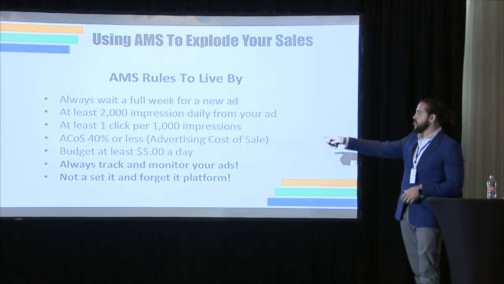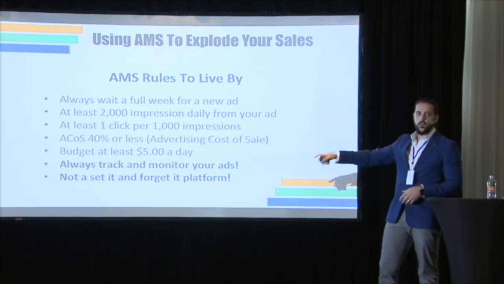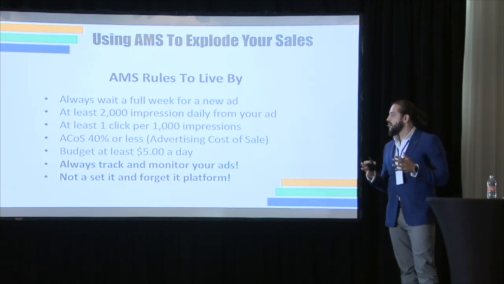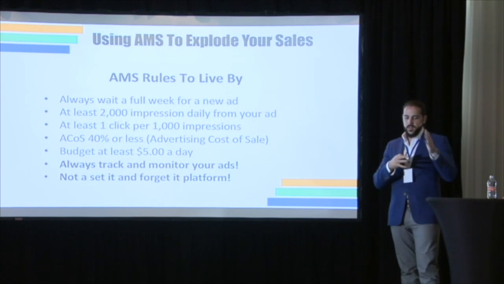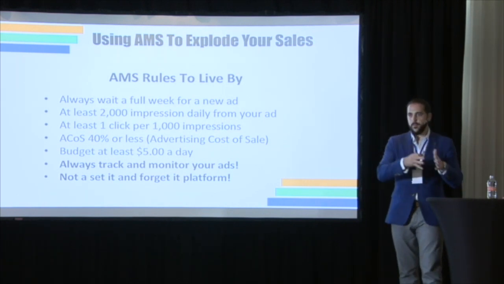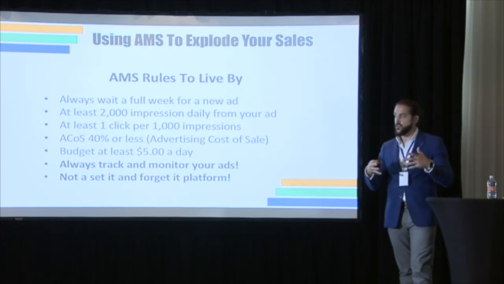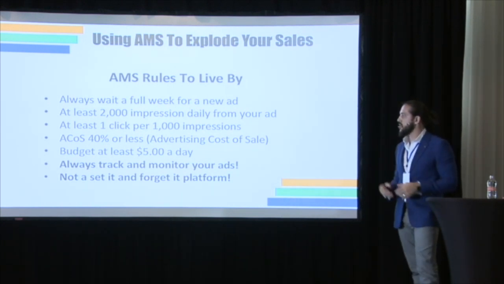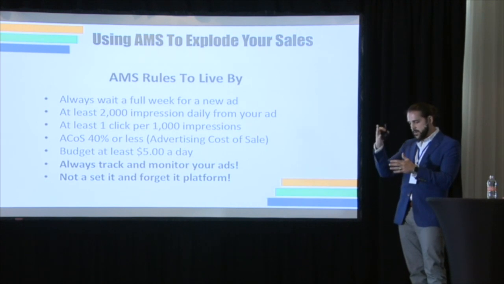And then you want to aim for the ACoS, advertising cost of sale, to be 40% or under for that profit area. 50% is kind of like the break even, just because Kindle is 70%, and then paperback, depending on your price and how you strategize with that, it can be 40. So you've got to kind of meet in the middle. So 50%, I like to look at it as a break even.